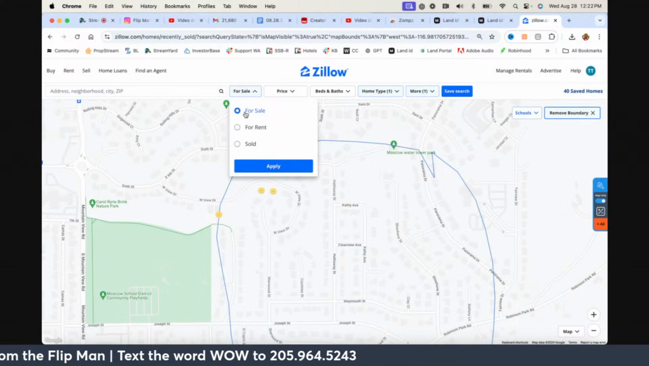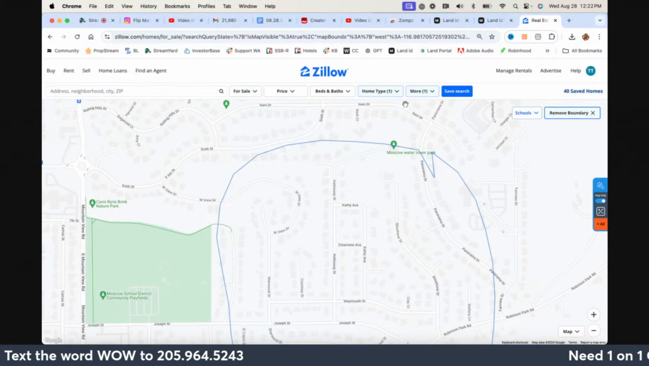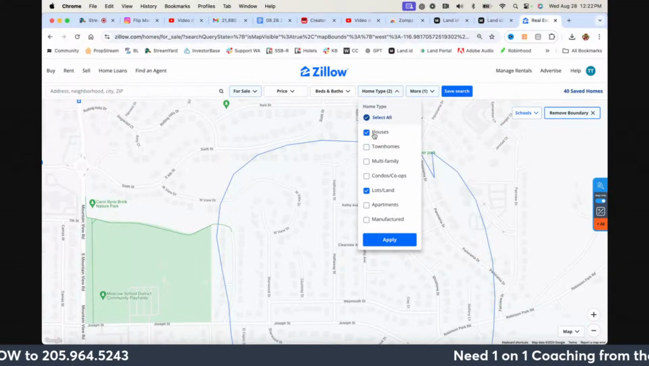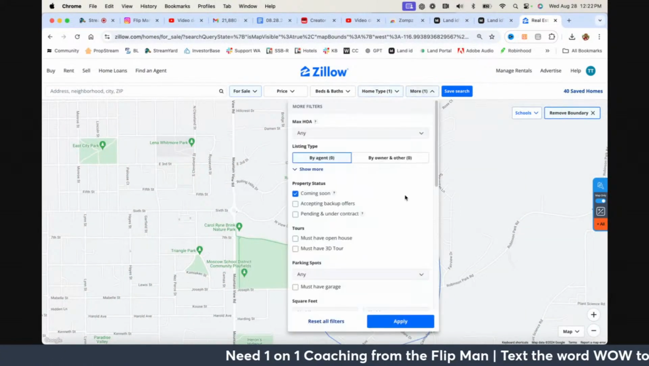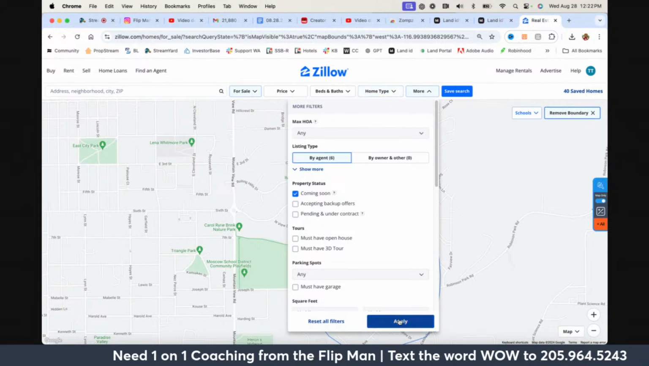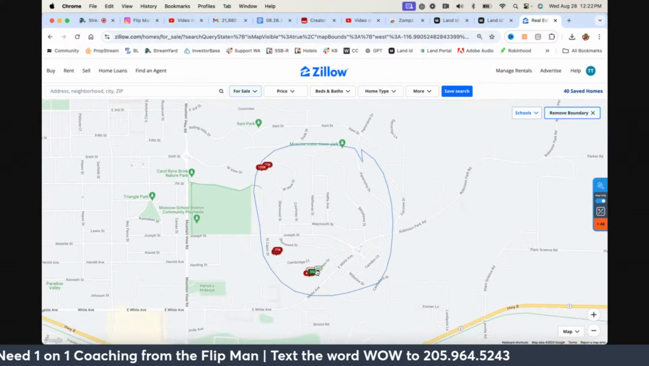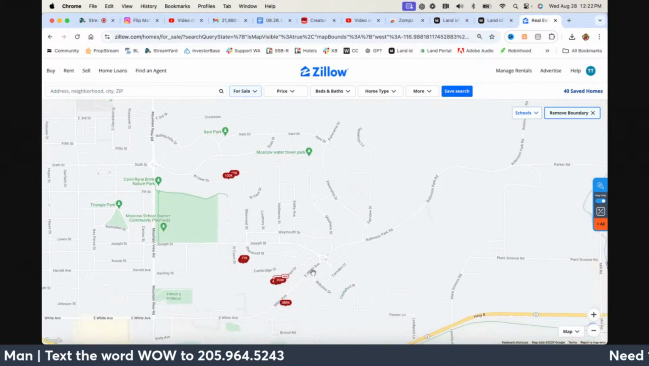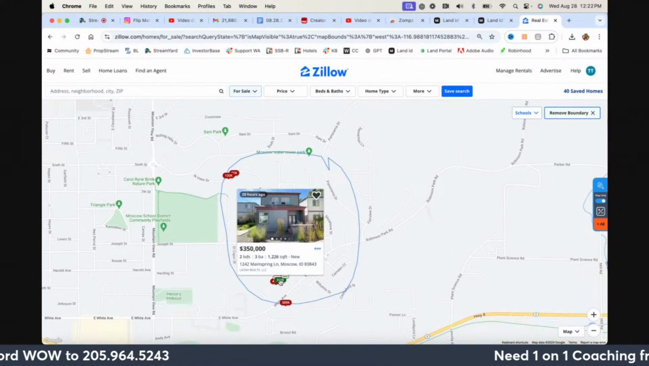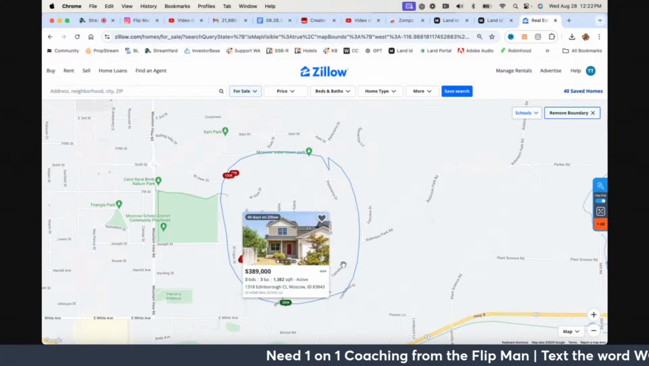Let's see. Is anything for sale as far as a lot in here? Nope. Let's see what houses are doing. Are there any houses in here for sale? Nope. So we want to just reset the filters. Okay, so we do have a couple of houses in here. This one here is for sale for 350, 389,